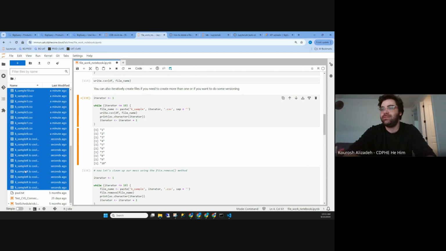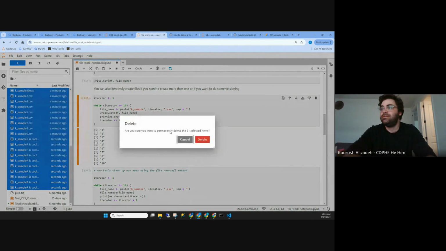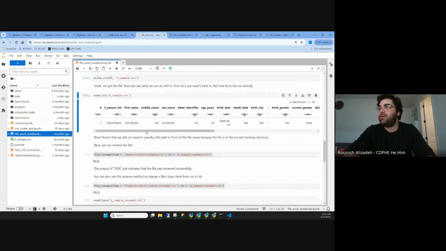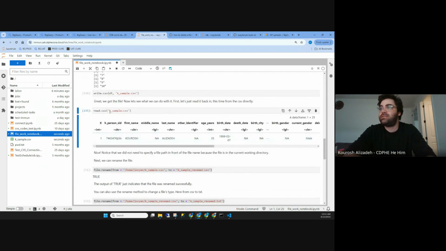Just wipe these so you can see things a little cleaner. Okay, and then I should create my base one, and then I'm going to get it. So good. Now notice I did not specify a file path. Again, it always defaults to where your working directory is, so it's just creating it in the same place as